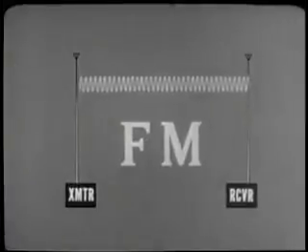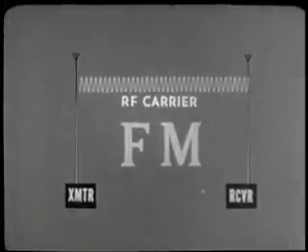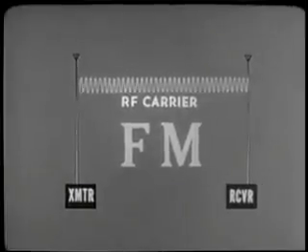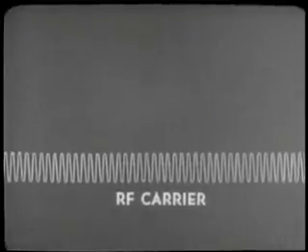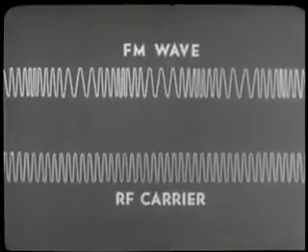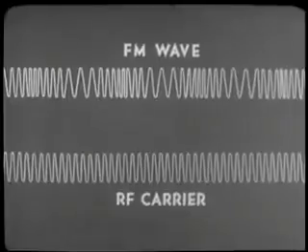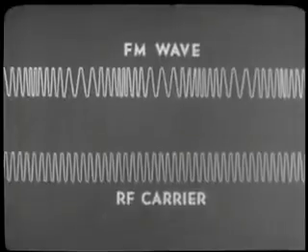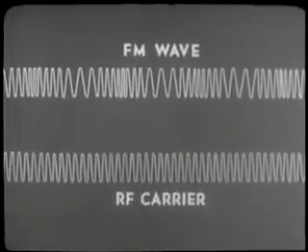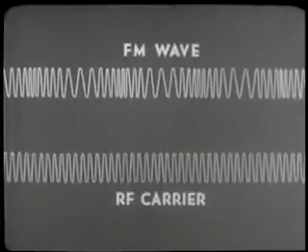Now, some of the facts about the evenly spaced, unmodulated RF carrier observed in our review of AM can be utilized. Interference does not affect the frequency of the RF carrier waves. Therefore, when intelligence causes the frequency of the carrier to change, the problem of hash and static is automatically eliminated. In frequency modulation, the frequency of the carrier is modulated, as evidenced by the uneven spacing of the waves, rather than the amplitude.